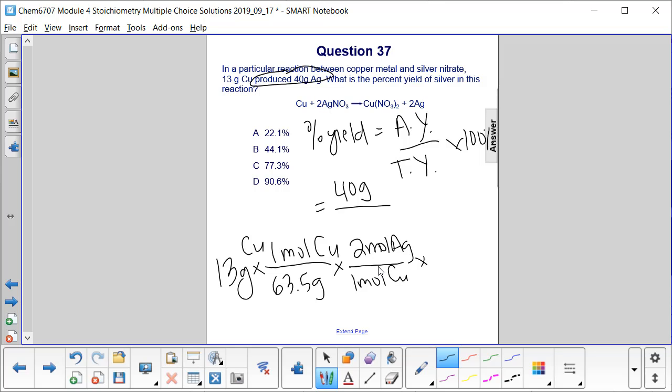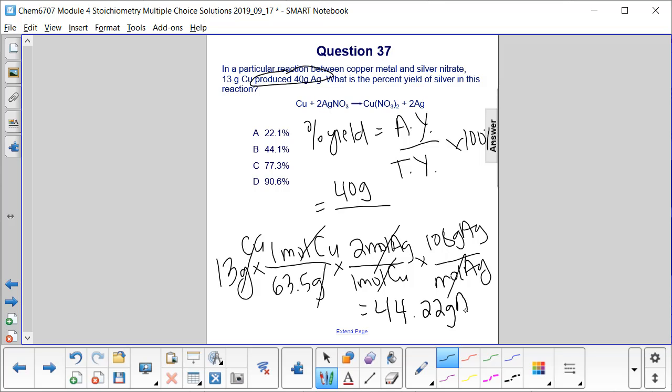And then to find the theoretical yield of silver in grams, we need the molar mass of silver, which is 108 grams of silver per mole of silver. Again, just emphasizing, we're doing this dimensional analysis to cancel grams of copper first, then moles of copper, then moles of silver, so that we're left with grams of silver as our theoretical yield. Okay, and we get a theoretical yield equal to 44.22 grams